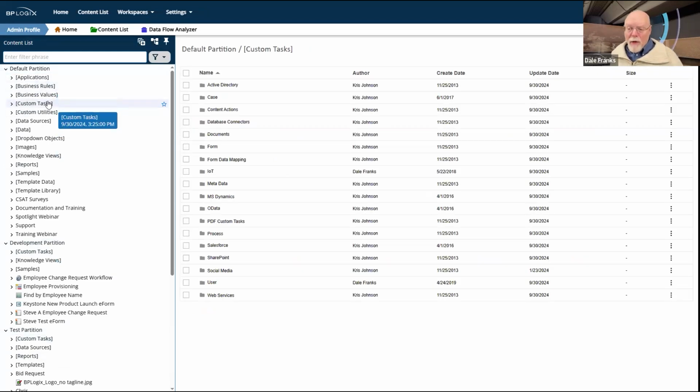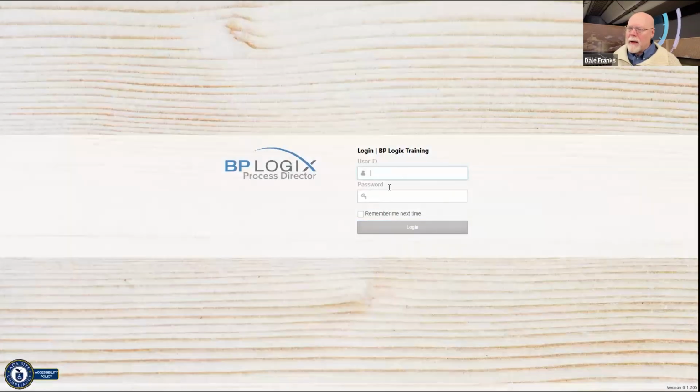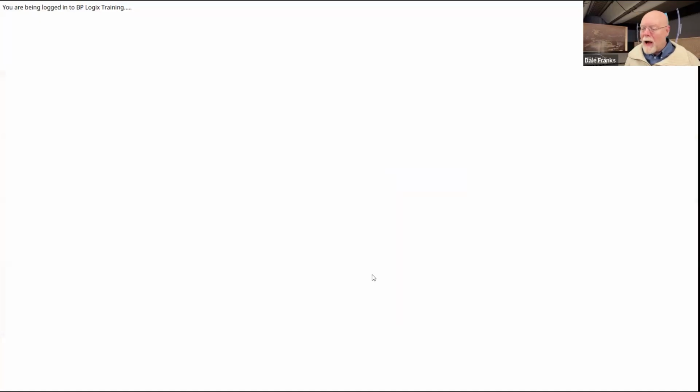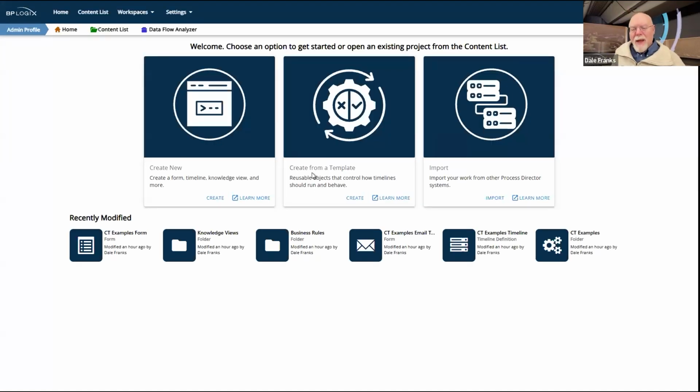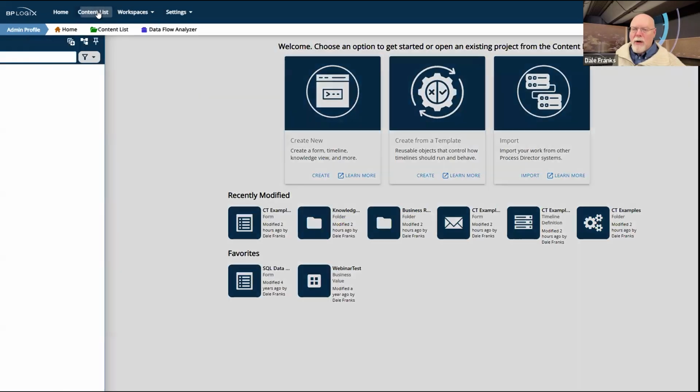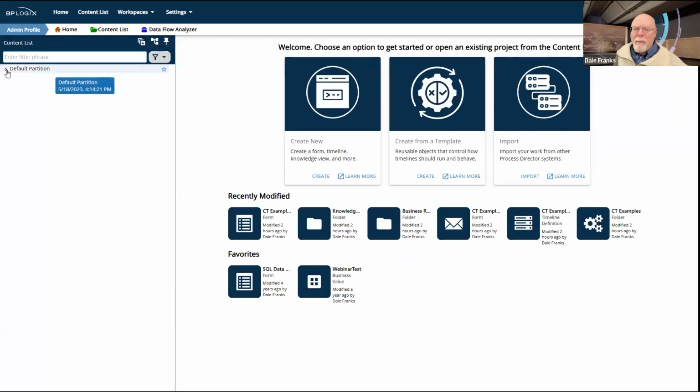Now, the contents of all these custom task folders are exactly the same. Well, I can't guarantee on this system they're all exactly the same because I don't use these other two partitions intentionally, because I've got my system set up so that it only has a single partition, which matches the configuration that most of you will have on your systems. Partitions are useful, but they do segregate your system into basically separate areas that can't talk to each other.